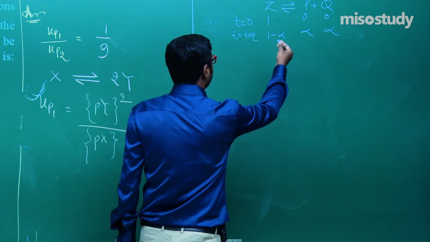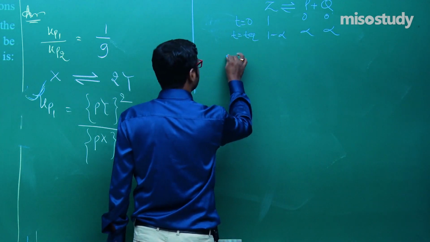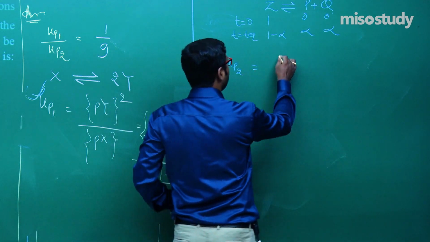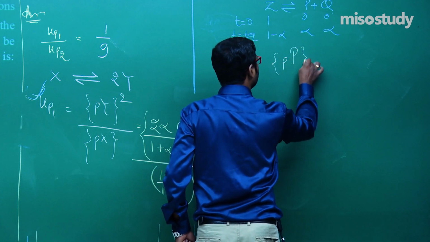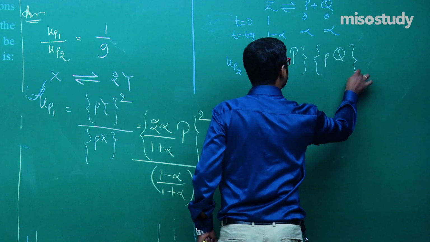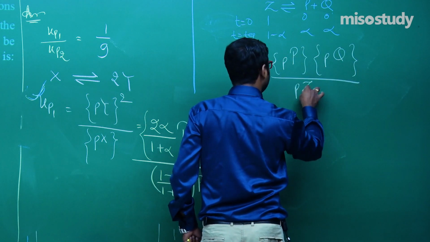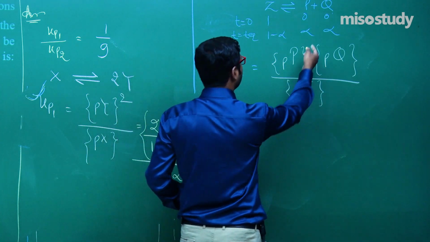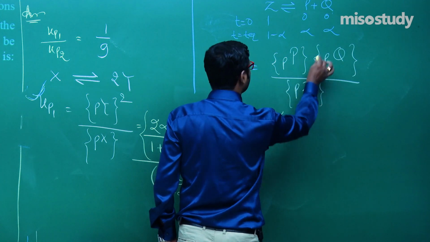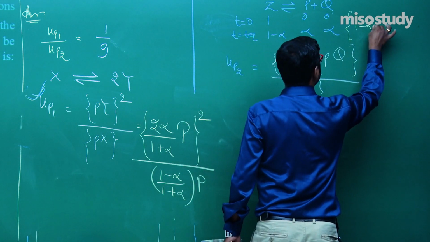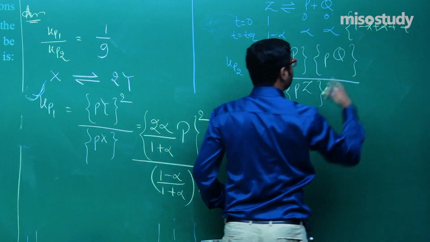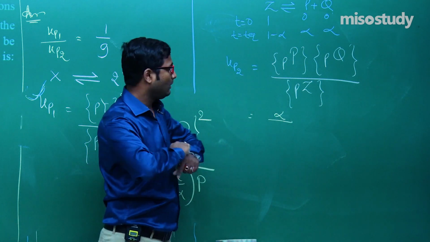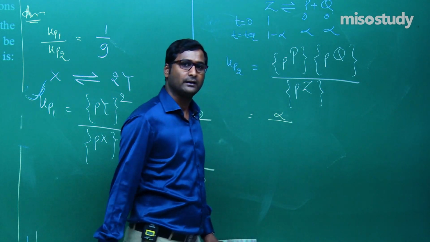Clear to you? So in this case, what will happen? The expression Kp2, what is the total number of moles? We can write Pp, then Pq upon Pz. This is the expression. Now if the total pressure is P, then alpha upon total number of moles. Total number of moles is 1 minus alpha plus alpha plus alpha, that is 1 plus alpha. This is a lengthy question. I am giving you a lengthy trick. After that I will give you a short trick.